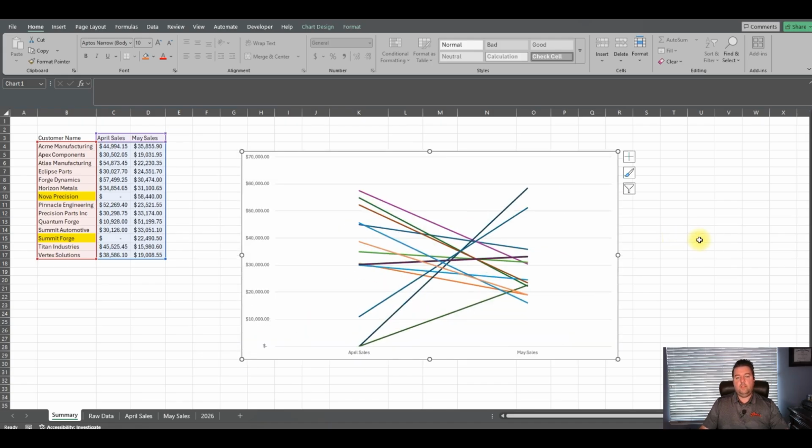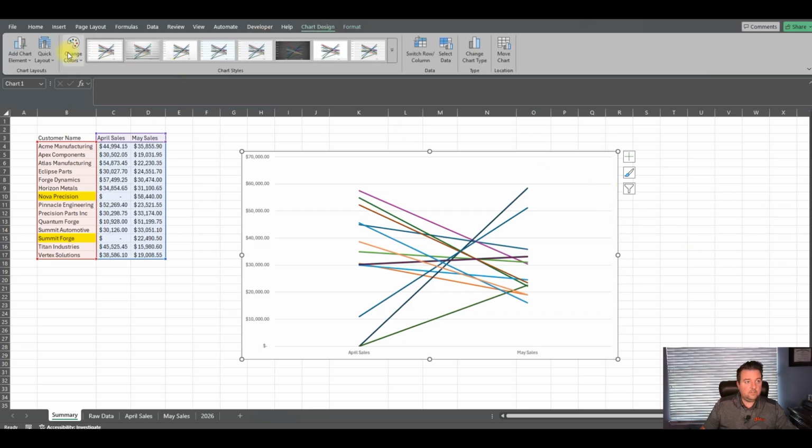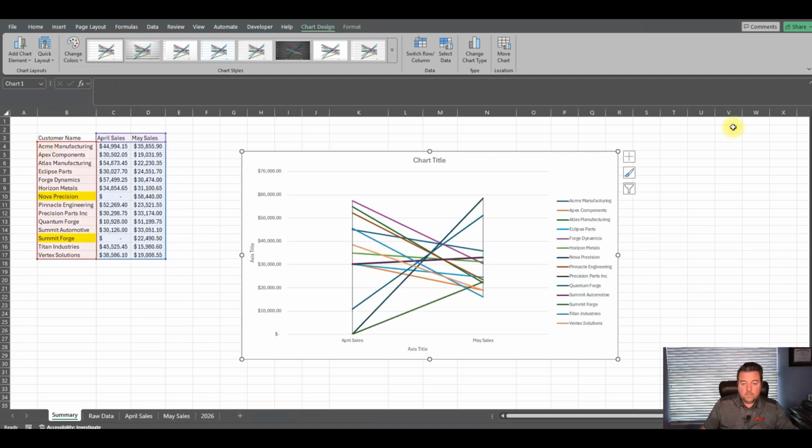Okay, so it's a little bit messy. Let's change this real quick. I want this. Okay, so this is not a great way to do it, but at least it's an example showing what can be done.